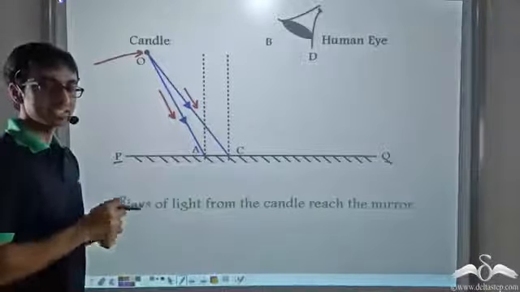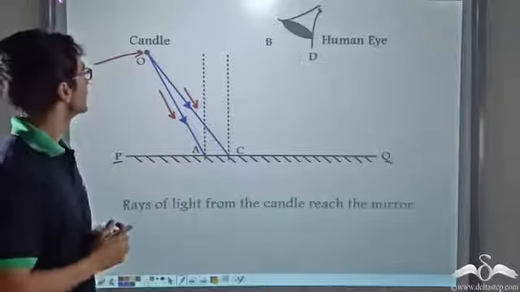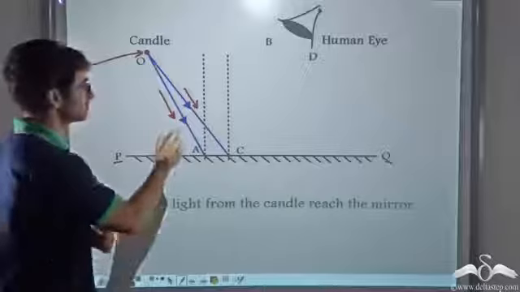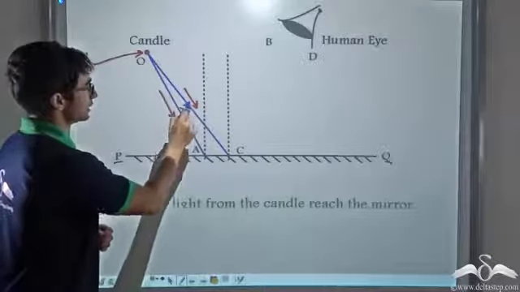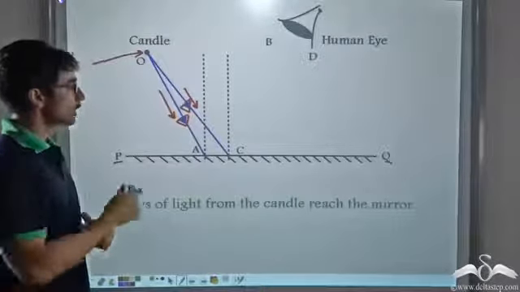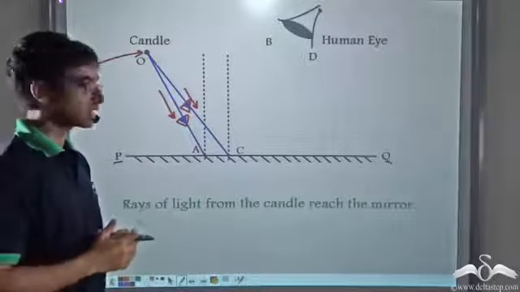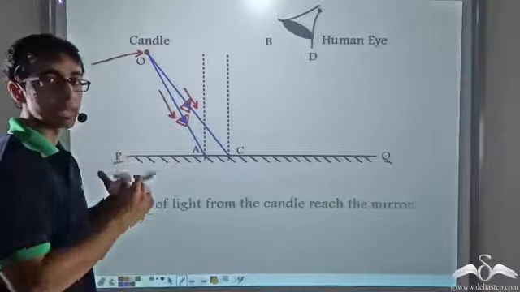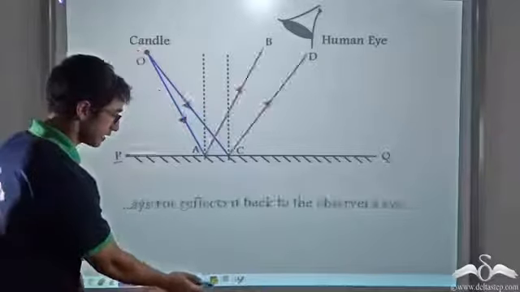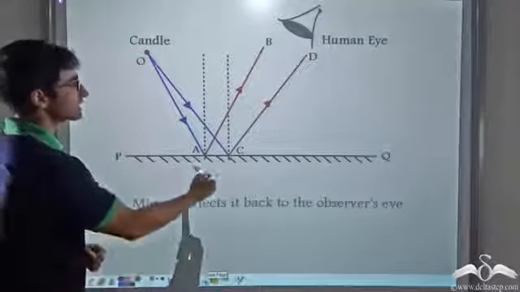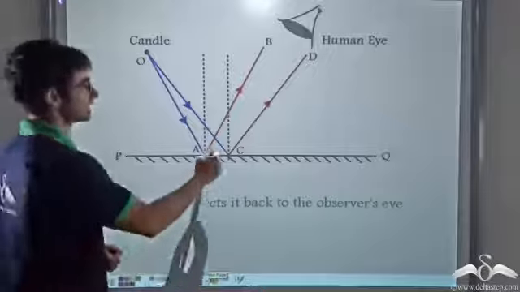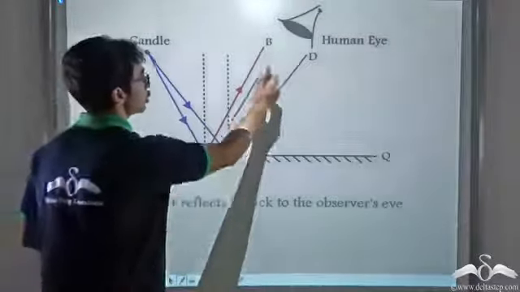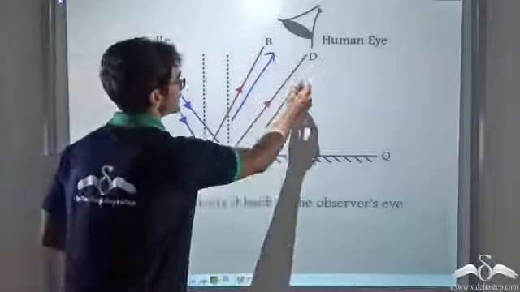These two rays are the incident rays because they are coming from the candle and they are hitting the mirror, as depicted by these arrowheads. So after these incident rays come and hit the mirror, what will happen? They will bounce back. So after these rays bounce back, that is, after they are reflected, they reach the observers, or in this case,